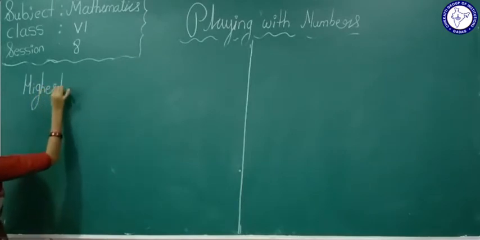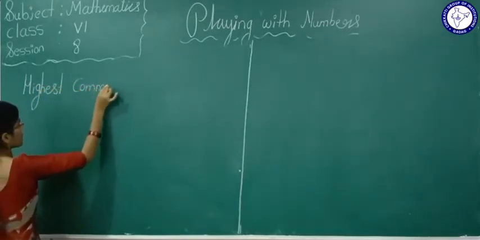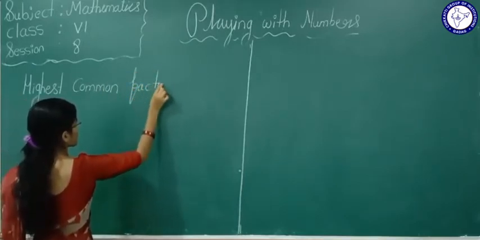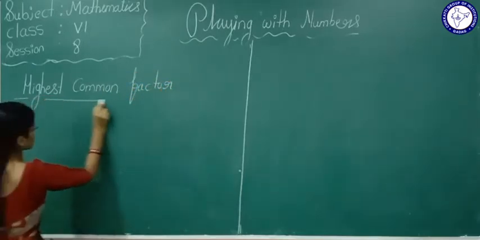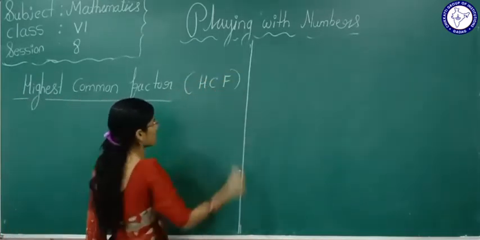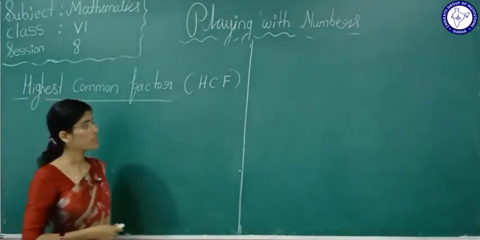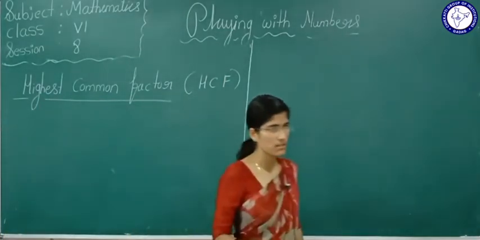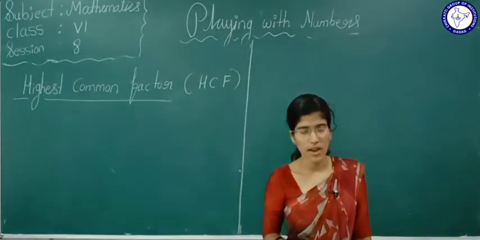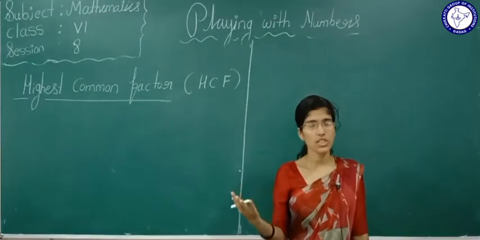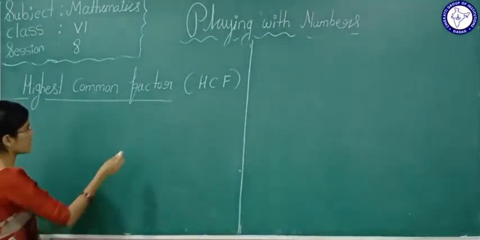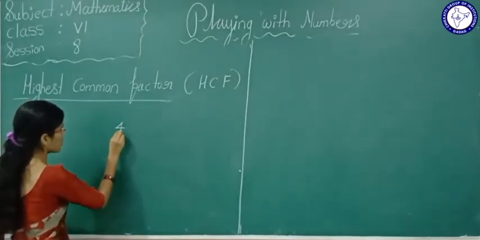So what is this highest common factor? In short, we are going to write it as HCF. Now see what the highest common factor is. You know what a common factor is. Highest means which is the bigger one, right? Now see, if I give an example, 4